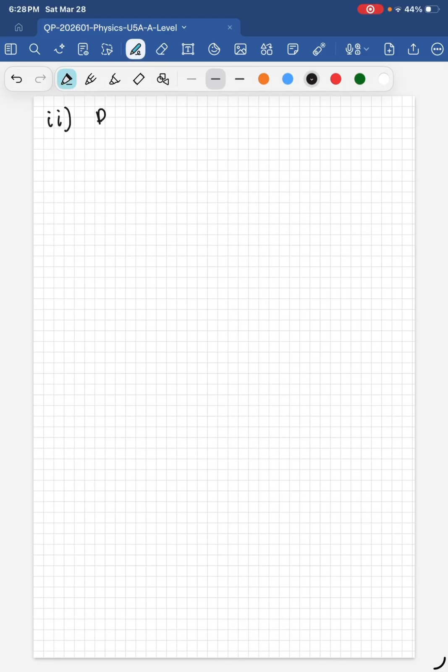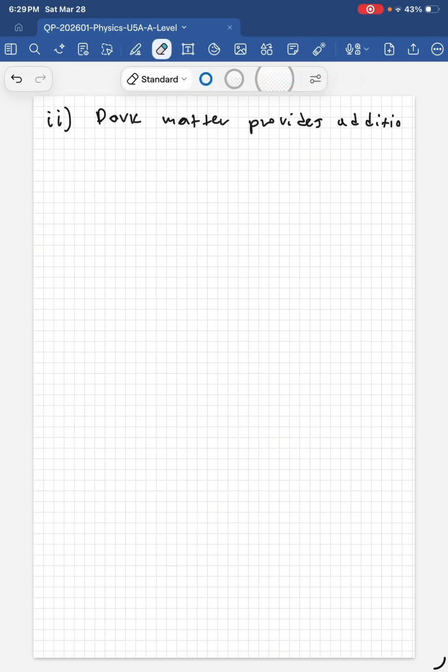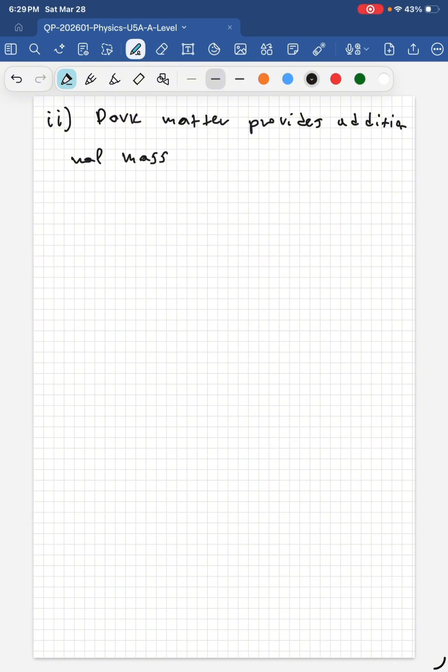So dark matter provides additional mass. Okay, so even despite